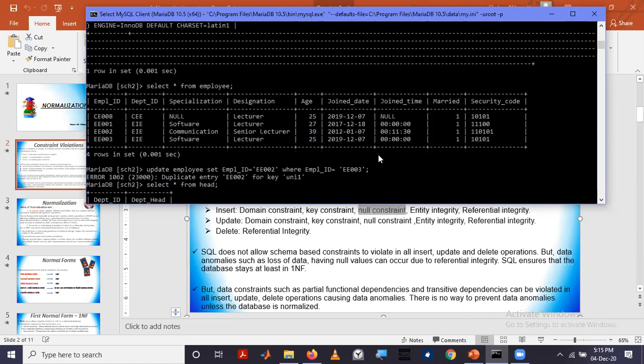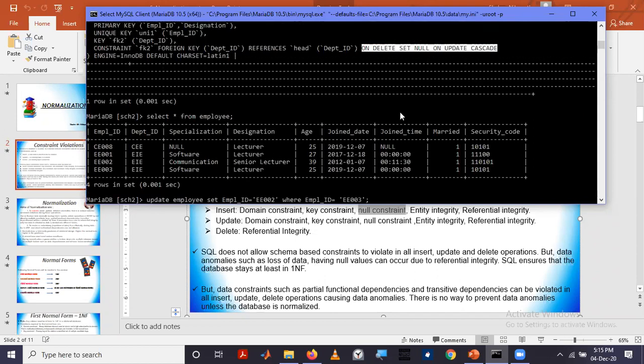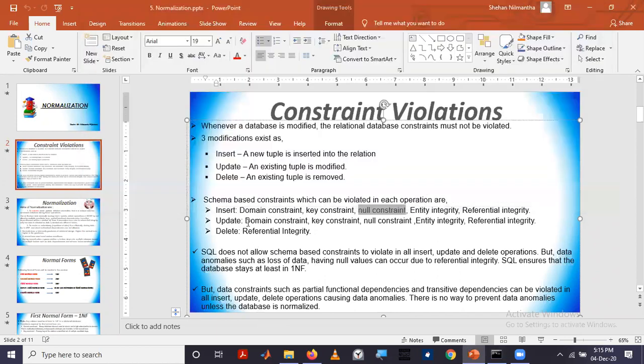SQL will not allow. Now it is okay because we have allowed it because on delete we are setting null or we do this one. So that's why I have given here in update and delete also referential integrity constraint can be violated.